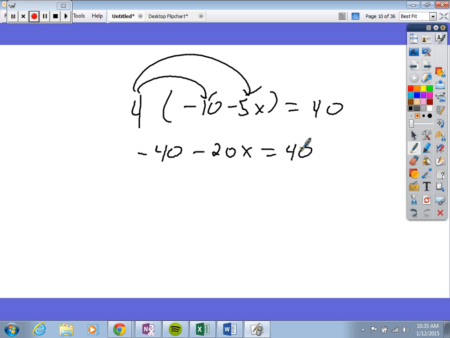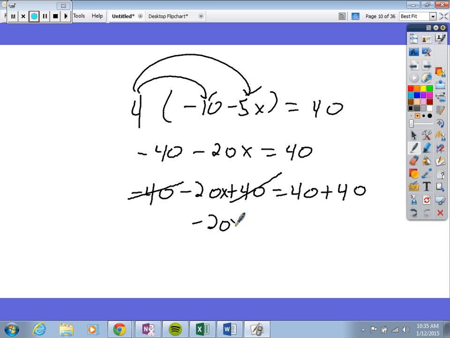To solve for a variable, you get all the regular numbers to the other side. So let's go ahead and add 40 to both sides. That's all you're going to see me do here, I'm just simply adding 40 to both sides. So then this allows me to cancel this and this, so you get -20x is equal to 80. Then I just have one simple final step, that's to divide by -20 on both sides. So that cancels here, and you get x is equal to -4. And so that is how you do problem 6 through